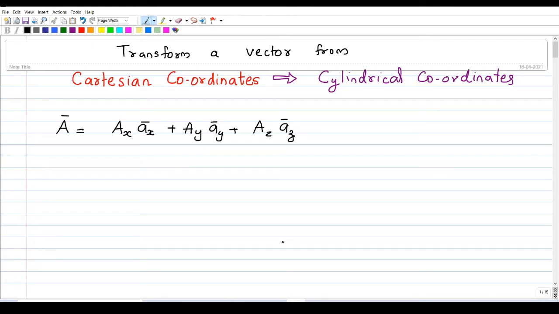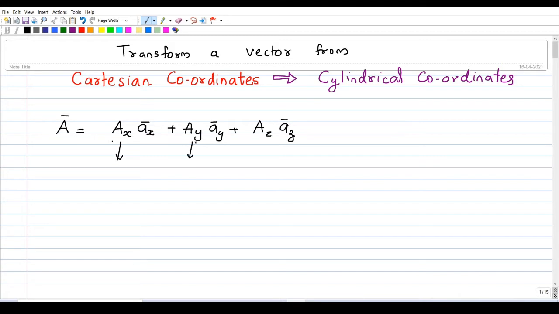Welcome to this video. Today we will discuss how to transform a vector from Cartesian coordinates to cylindrical coordinates. Suppose a vector A is given in Cartesian coordinates like this. A is equal to Ax ax plus Ay ay plus Az az, where capital Ax is the component of A along x direction,